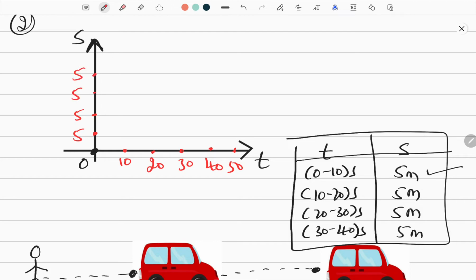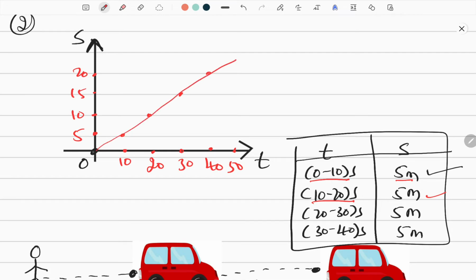So if you take like this, 0 to 10, how much it has moved? 5 meter. 0 to 10 means 5 meters it has moved, and 10 to 20 another 5 meter, means total it will become 10, I mean we have to mention it as 10, 15, 20 actually. Initially it moved for 5 meter, another 5 meter, then another 5 meter, then another 5 meter. If you join all these points, you'll get a straight line like this,